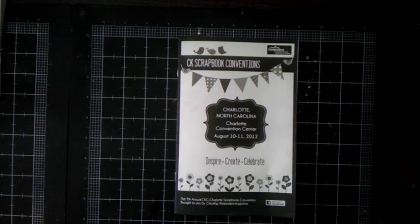This past weekend was the CK Convention in Charlotte, and I go every year with some girlfriends. I was really excited about going this year because there were a few new vendors that haven't been there in the past, Bolan Studios and the Stamps of Life. Looking at the exhibitors list, those were two vendors I was really excited about. And of course, there were some others that I always visit, like Want to Scrap and the Dollar Scrapbooking